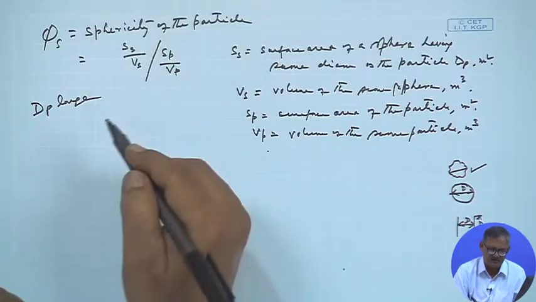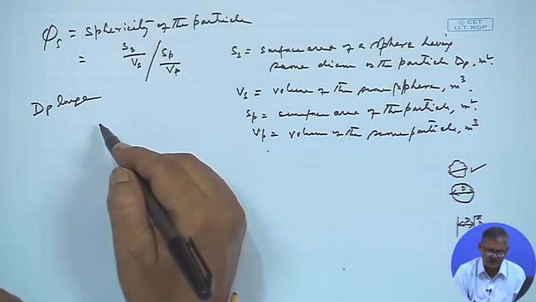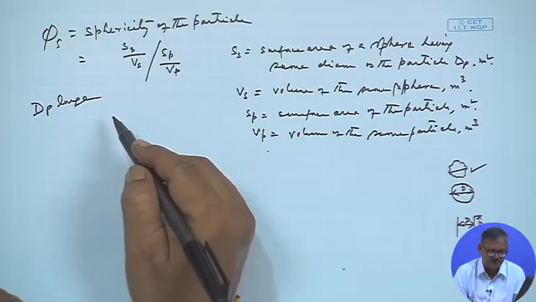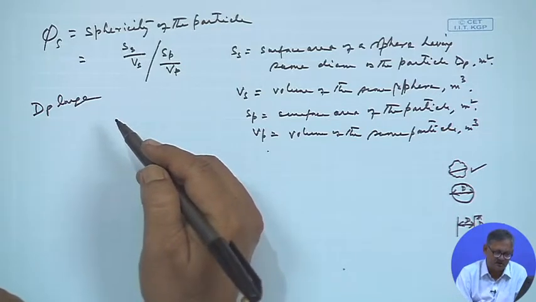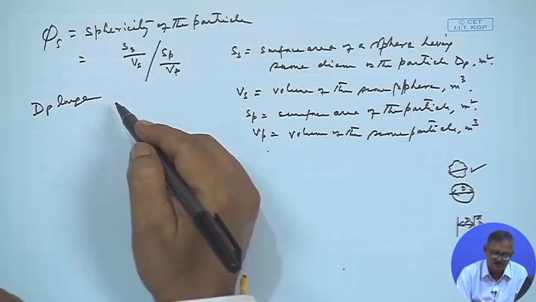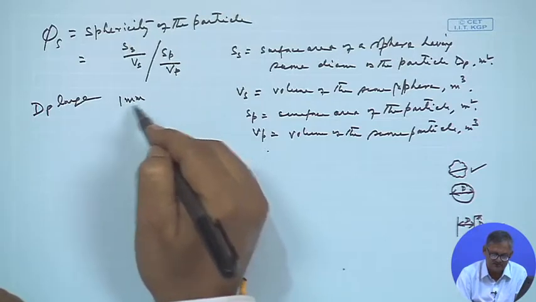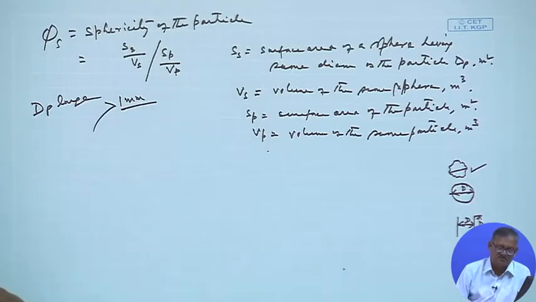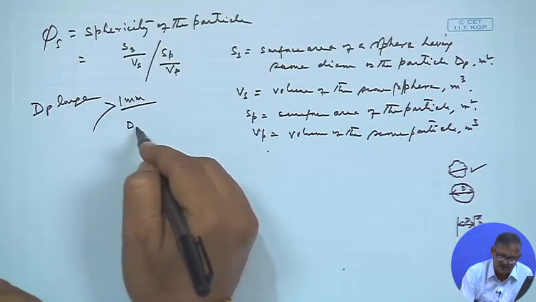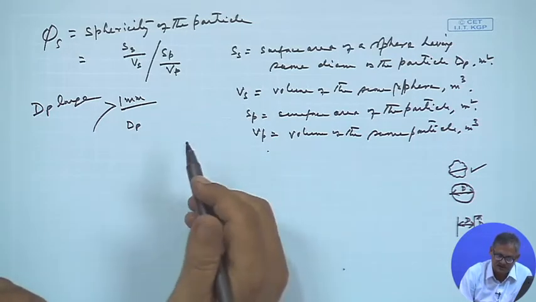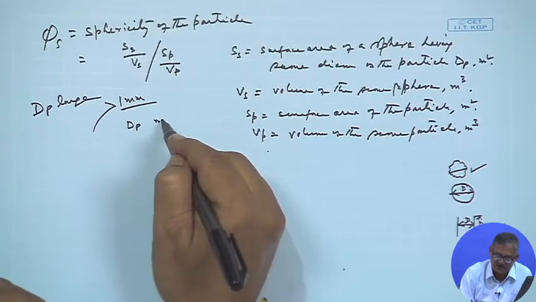So, large particle means particles whose diameter can be measured, or is greater than 1 millimeter, right. Now, for small particles, dp is the sieve analysis size, or it can be a nominal diameter,